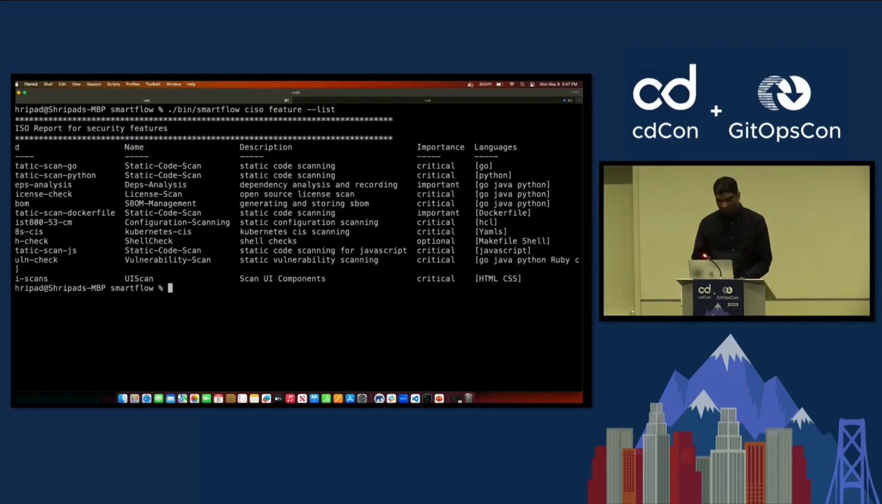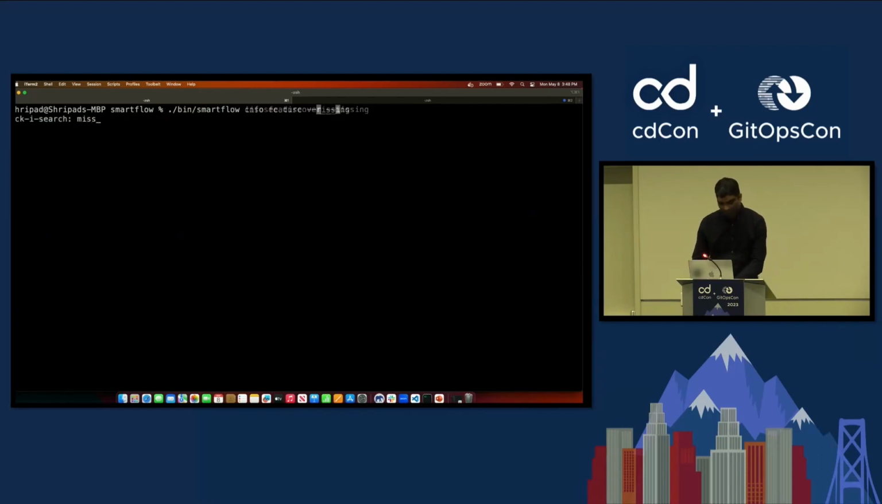But then I can go and ask, what are the security scans, the features that I have defined for my organization to implement, right? That's my responsibility. If someone is using Go, then they need to have a static scan, a vulnerability scan, what kind of artifact it is applicable to, and what the importance is. Is it critical, important, or optional? So these are basically the security policies that I'm defining as a CISO. And then I can basically ask,